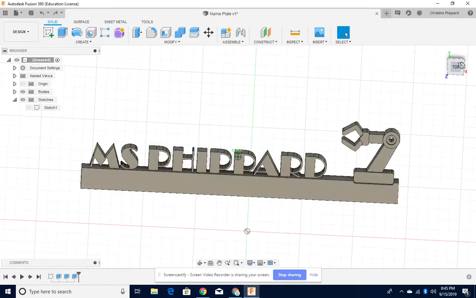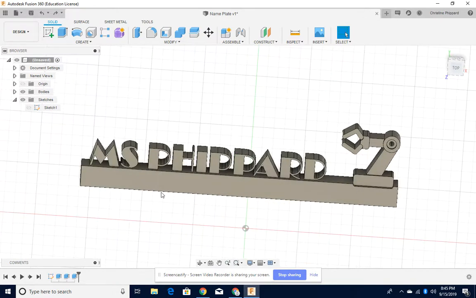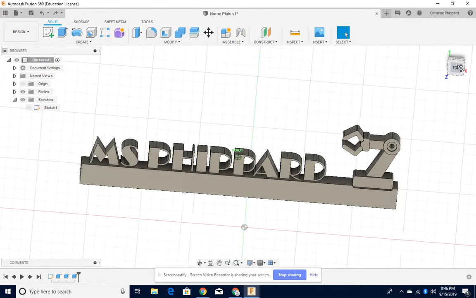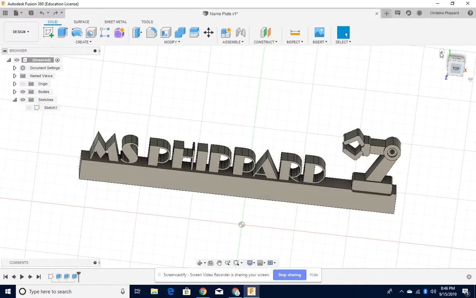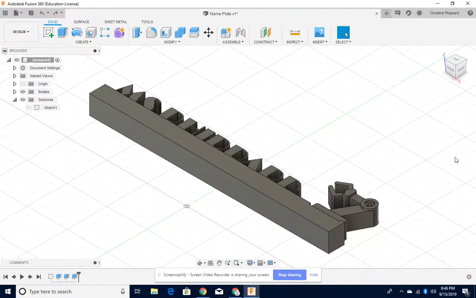The requirements you have are you need a base, you need your name somewhere on it, and you need a symbol of your choice also somewhere on it, and it's all going to be three-dimensional so that we can print it out for the 3D printer. And if you look, if we go back to the home view, it will lay flat on one side for